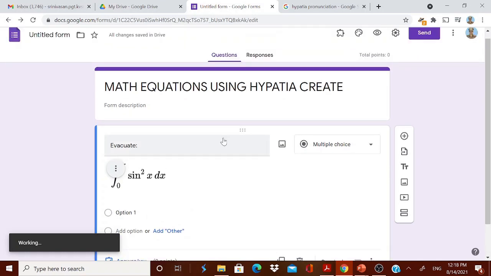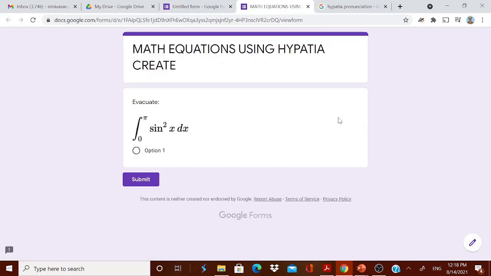And this Hypatia Create is using the LaTeX idea only. But remember, you have to first type it, create a link, come back to that form, and then Control V. Automatically it will get copied there. So you can continuously go on making questions. You see, I will show you the preview. In the preview it will be like this. First evaluate will be on the top, and then at the bottom you will have the question, and then continued by the options. Thank you, friends.